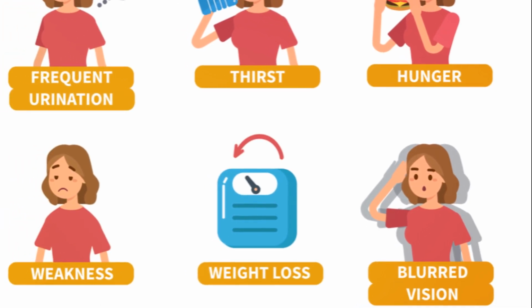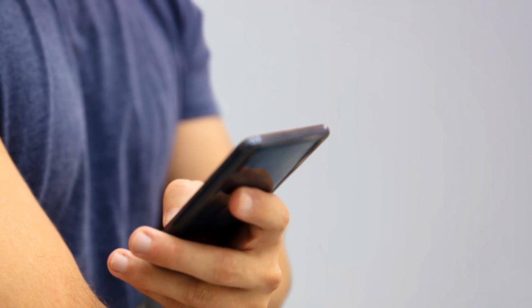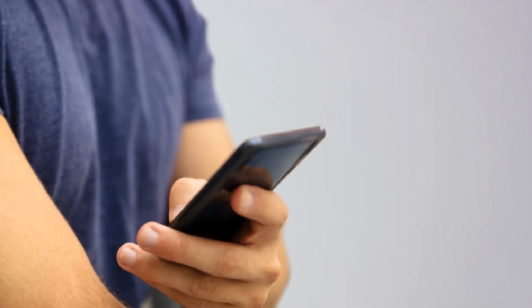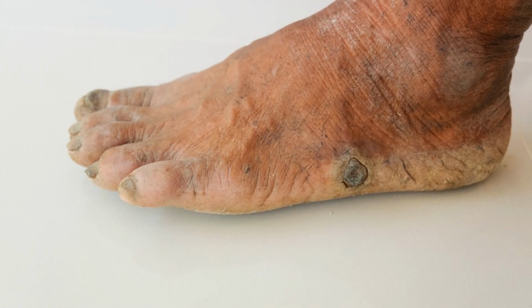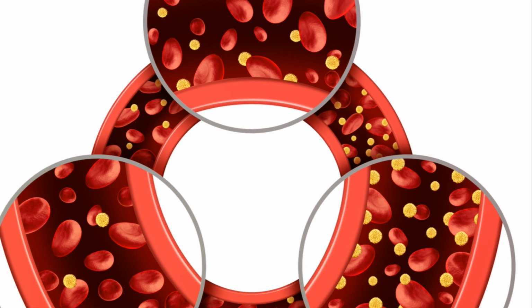Certain medications can also affect blood sugar levels. Steroids, for example, can increase blood sugar levels, while certain types of diuretics can decrease blood sugar levels. It's always important to discuss potential side effects with your healthcare provider if you're prescribed a new medication.